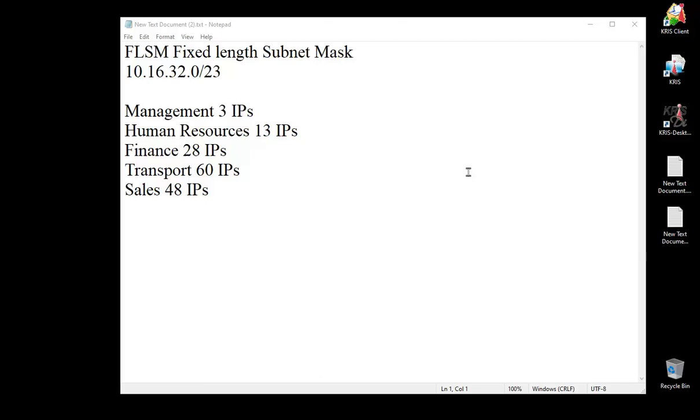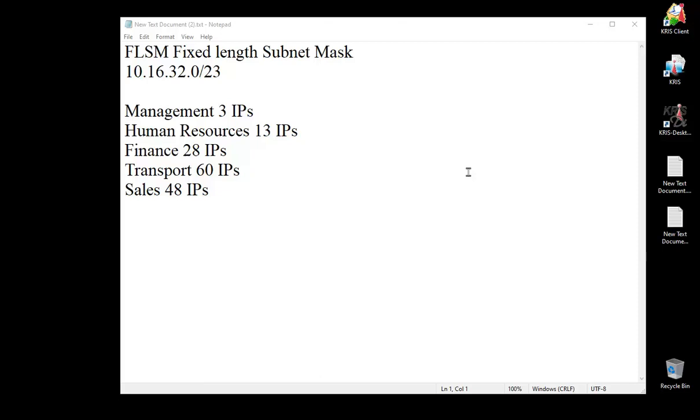Hi, we're talking about fixed length subnet mask today, which is another method to actually create smaller subnet groups from a big subnet group. You can see that for today's scenario, we are given an IP network address 10.16.32.0/23, which is a big subnet group to be used in order for us to split it into smaller subnets